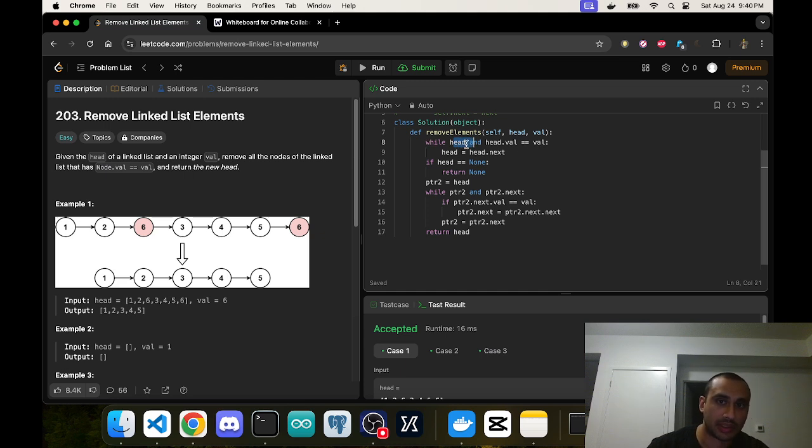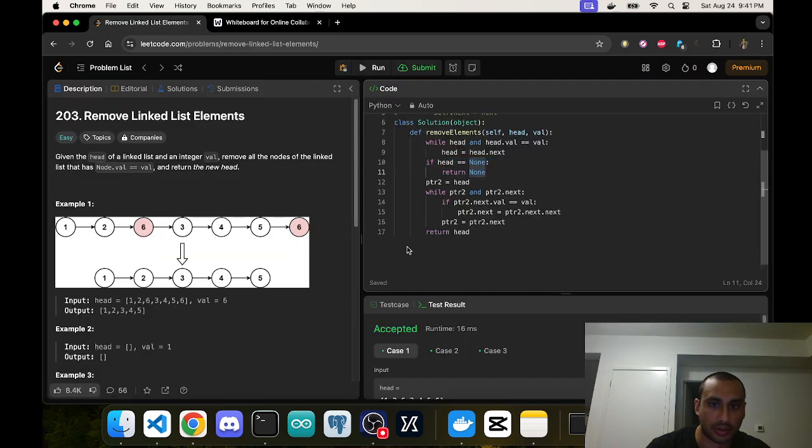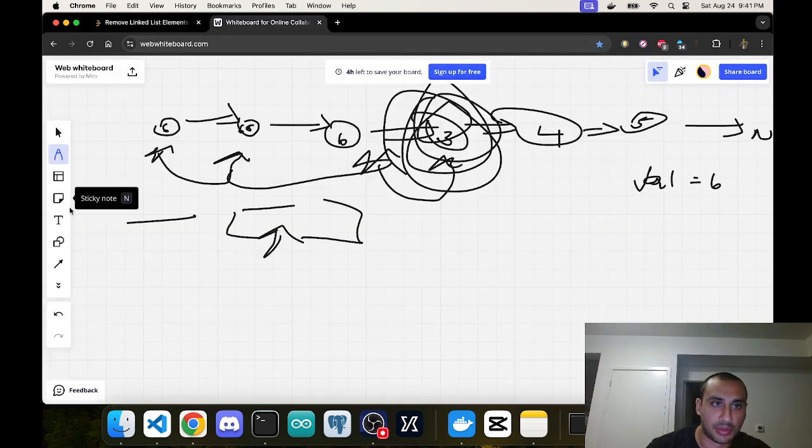So technically this is supposed to be head not equal to none. If it is, this also doesn't resolve the condition. So I have this backup check. Let's say if it's an empty list, there's nothing in here, then I just return none as it is. Okay, so if we're in the other case up top,